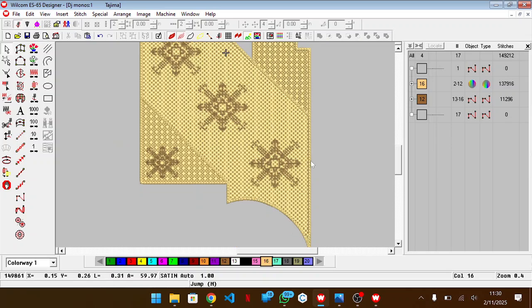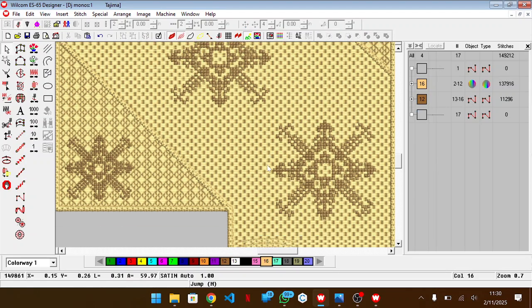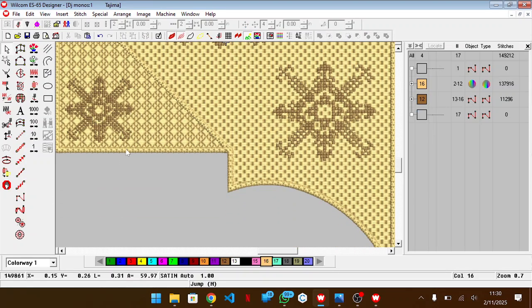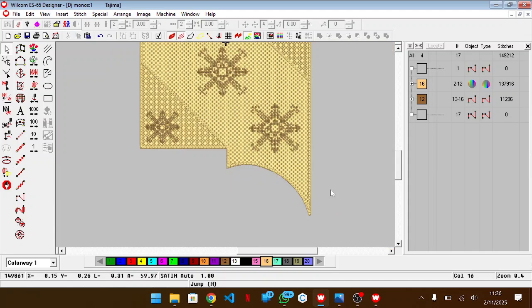So normally this line should be the one that will be done first, but since this design is not affecting this one no matter what, you can just leave them to be done first. We cannot bring this one here, it's not possible to cover the brown, so brown will be done last. So it doesn't matter as long as they are not touching this line. Assuming it's touching, that's when we'll say, okay, to get something clean and nice, something cutesy and demure, you make it cover this. But since that does not apply in our case,